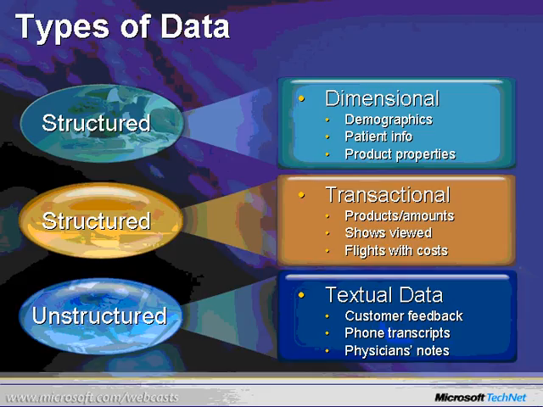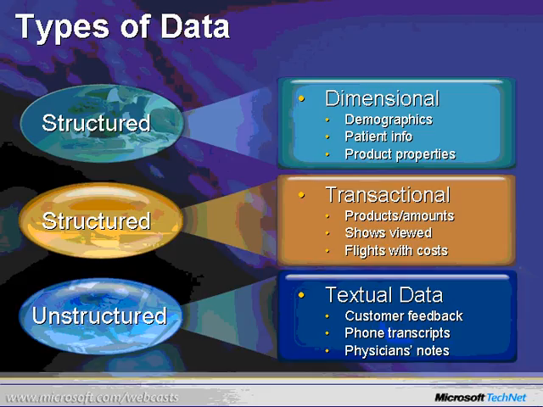Within data analysis, there are two major forms of data. The first is structured data. Structured data is data that exists in fixed fields and carries a defined data type. Dimensional data, a form of structured data, is composed of facts and dimensions. Customer demographics, patient information, and product properties are all considered types of dimensional data. Another form of structured data is transactional data. Transactional data can be viewed as Boolean metrics. Transactions or objects are populated while recorded amounts of transactions are computed in the corresponding column. Examples of transactional data include products and amounts purchased, television shows viewed, number of flights taken, cost, etc.